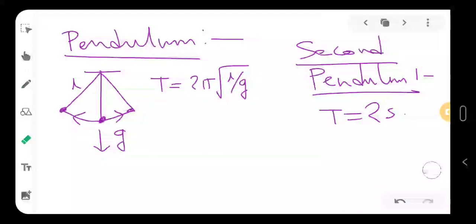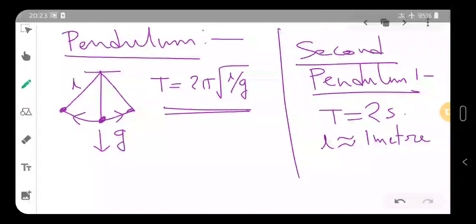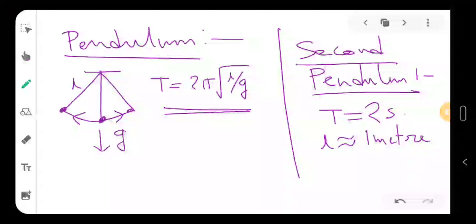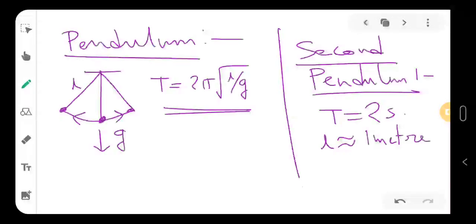Now if you take the second pendulum and measure the length from this equation, for Earth we know the value of g here. So for Earth the length is approximately 1 meter. Approximately, it will come 0.99 something. So approximately this is 1 meter. So remember this second pendulum. One more pendulum we have, that is called conical pendulum. So why am I telling all these things? Because this will be very important later on.